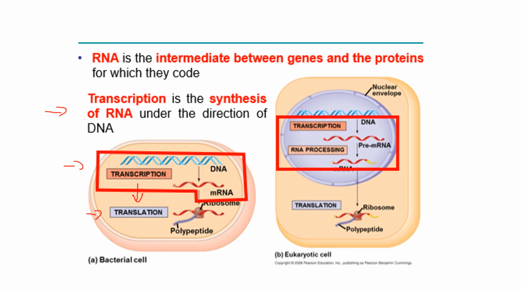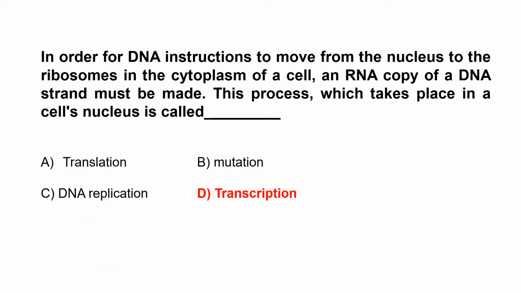Well, in the eukaryotes, the transcription takes place in the beginning. The copy is made in the nucleus, and then the messenger RNA goes outside where it's translated in the cytoplasm. So definitely transcription. Mutation is a change in the DNA, so no. DNA replication is when you make a copy of a DNA. So not A, definitely wrong, because it's when you use the messenger RNA and you create